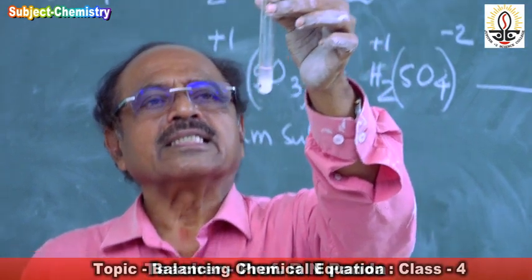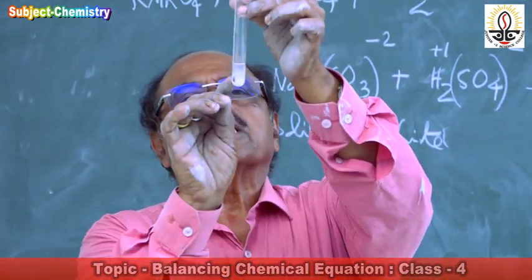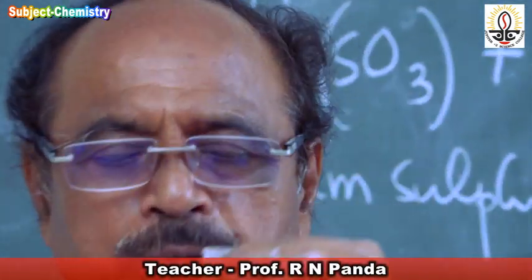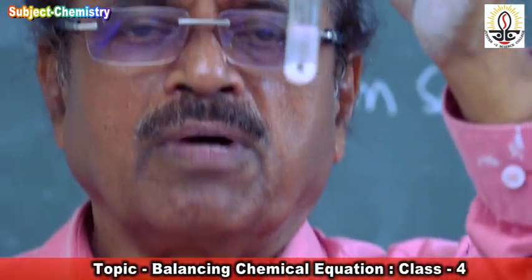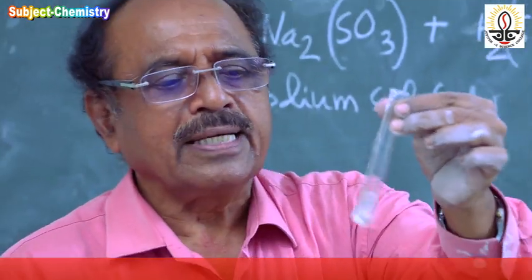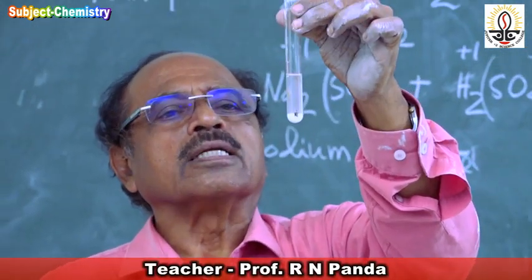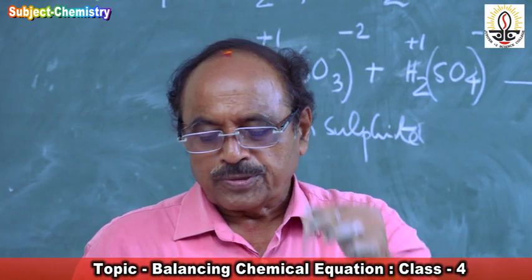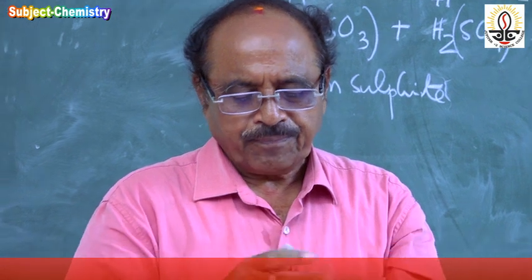So you see now the reaction taking place. You see bubbles are coming. These bubbles are the bubbles of sulfur dioxide. If you inhale it, it has a very pungent smell, suffocating, burning. If you add a little more sulfuric acid, you can watch the reaction. Now the reaction is going on. You see sulfur dioxide gas is coming out. Sulfur dioxide is being produced.